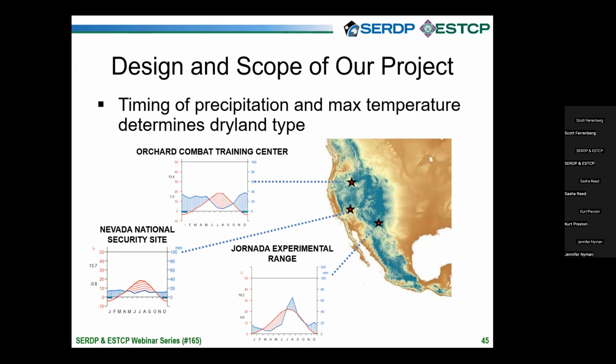Whereas when we go to the Mojave, we have a consistent background of very low levels of precipitation in a very warm summer. So there's not a lot of recharge before you get to that peak window. And in the Jornada Experimental Range location, that's a monsoonally driven system where we see peak precipitation coinciding with peak temperature. So while there's a lot of potential for rapid green up and functioning, there's a really short window in which peak biomass can be put on because the temperature is driving a lot of evapotranspiration.